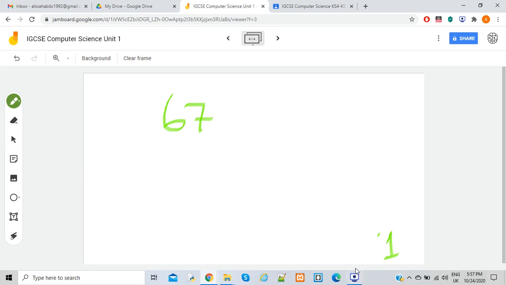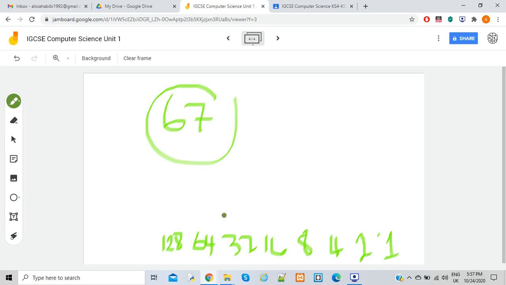So we know 2 to the power of 0 is 1, 2 to the power of 1 is 2, to the power of 2 is 4, to the power of 3 is 8, to the power of 4 is 16, to the power of 5 is 32, to the power of 6 is 64, to the power of 7 is 128. So write out your powers of 2 anywhere you have free space, and now look at this number very carefully. Look at what power of 2 can actually add up to this number. So start from left to right again. 128, and then you have to